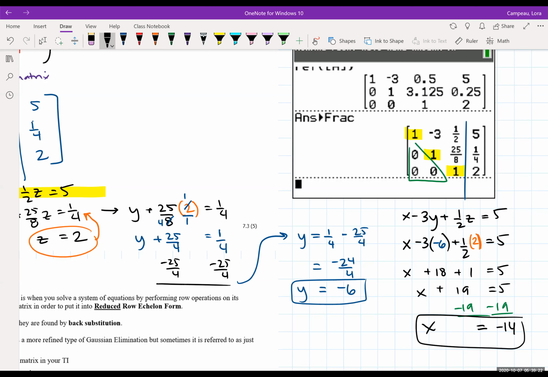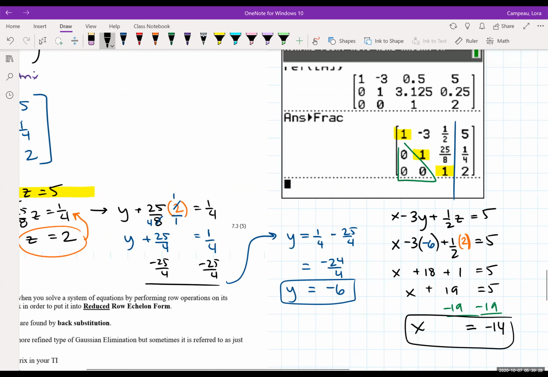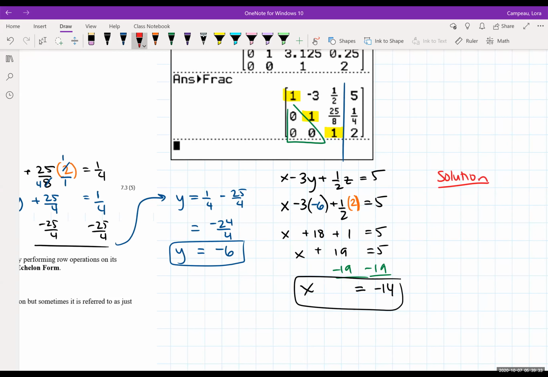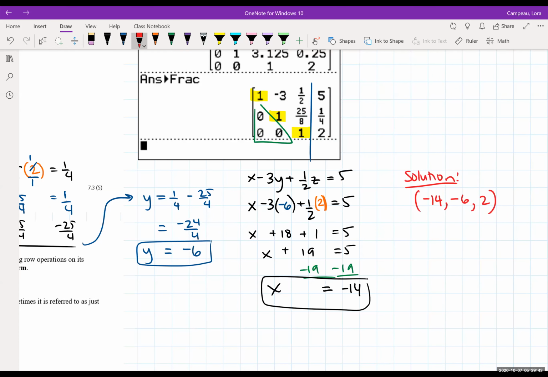So finally, if we want to write our solution, here's our work. I'll go off to the side. Usually you're going to see your solution written as an ordered triple. The x value comes first, negative 14. The y value comes second, negative 6. And then the z value is positive 2. We have now just solved our system